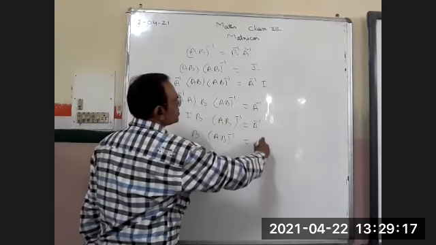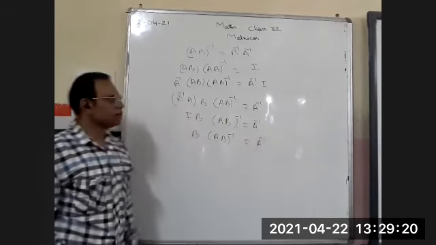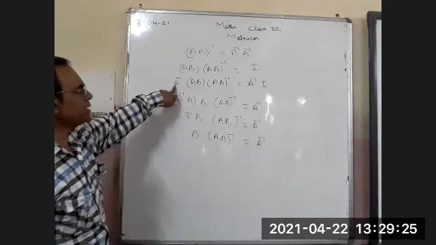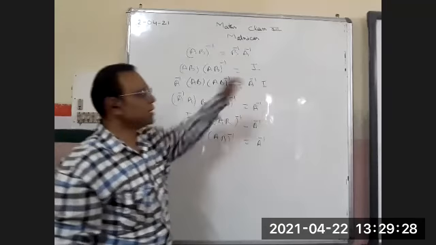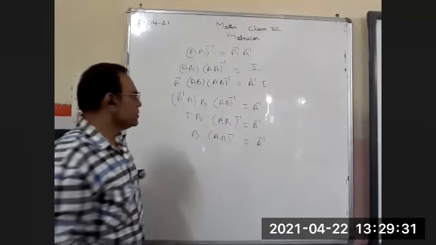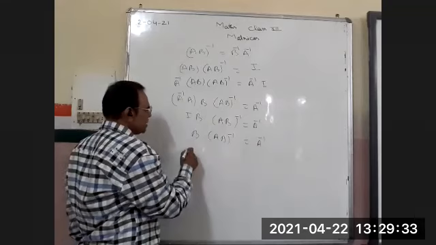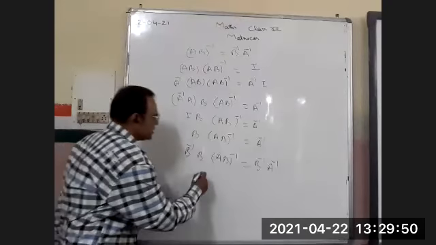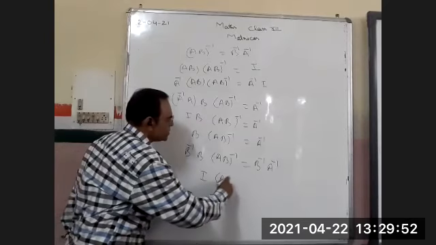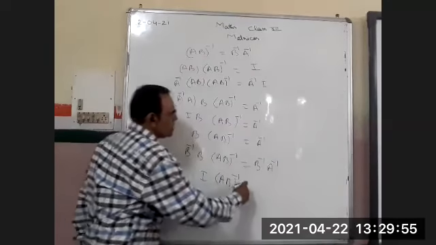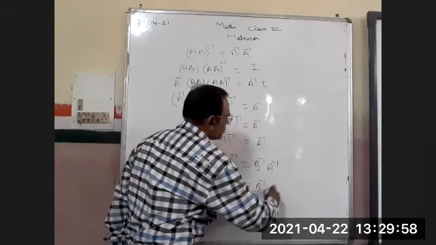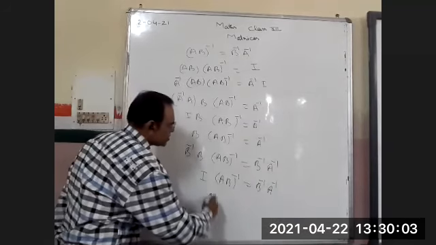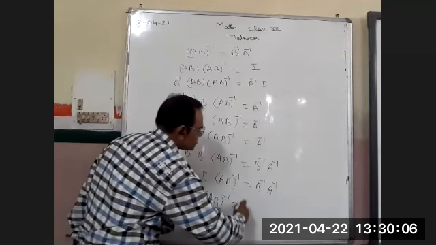As we are pre-multiplying, meaning at the start we are multiplying by A inverse, in a similar way we have to multiply here. Now we are multiplying by B inverse here. B inverse B becomes the identity matrix. So AB inverse is equal to B inverse into A inverse. Which means, multiplying by the identity matrix, AB inverse equals B inverse A inverse.